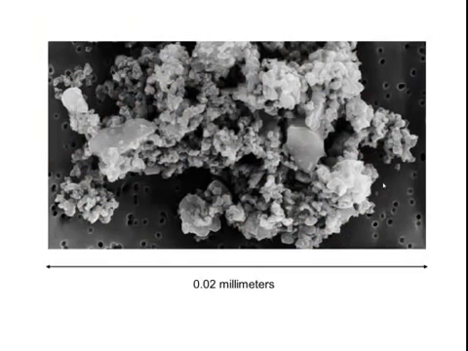Now I want to talk for just a second about dust, because dust influences a lot of these nebulas in other ways as well. This is a microscopic picture of what an interstellar dust particle would really look like. You can see it's incredibly small, made of tiny grains that are stuck together, and it's 0.02 millimeters across. So these are really tiny.